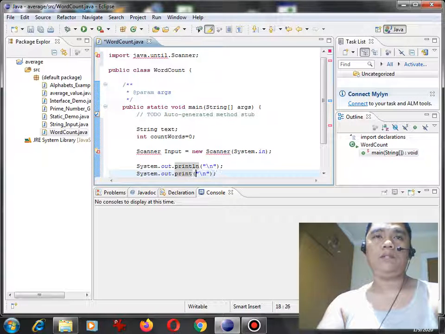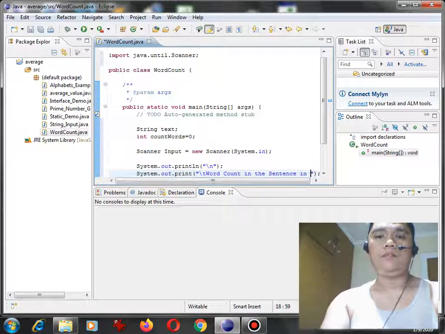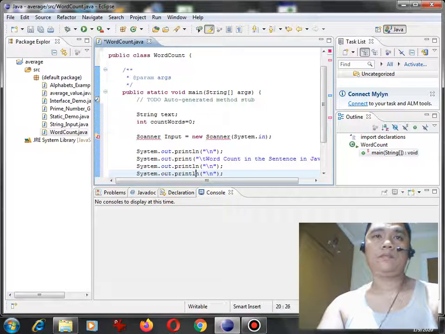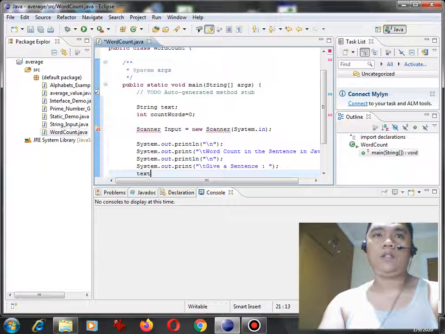here you can have a title, \t, Word count in the sentence in Java. Give a sentence. text equals input.nextLine,